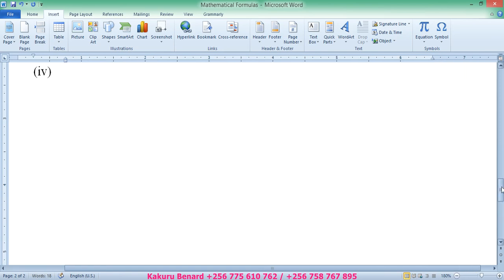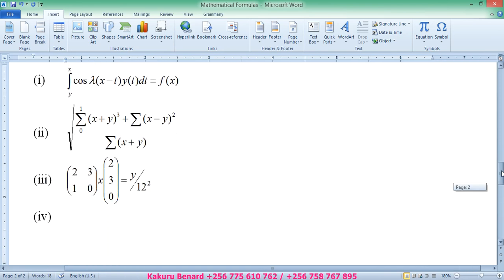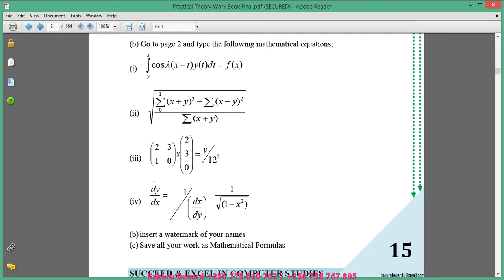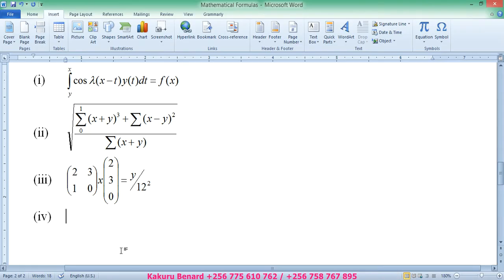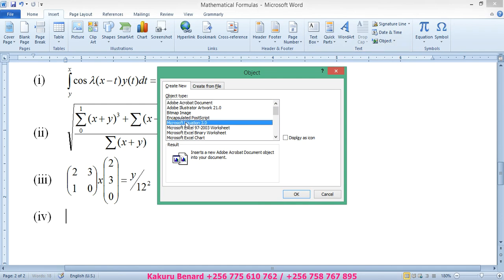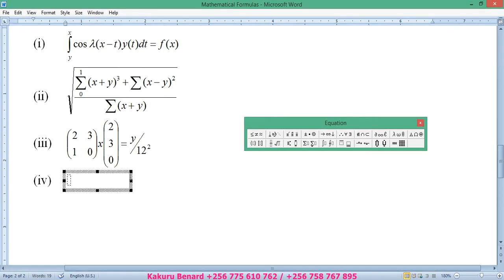And then our last equation is here, the dy/dx with some inverse. So save changes, come back to object, Microsoft Equation 3.0, click OK. So this equation, we shall start with a fraction which is like that, and then we start with dy